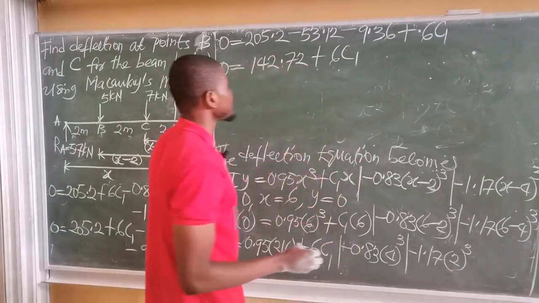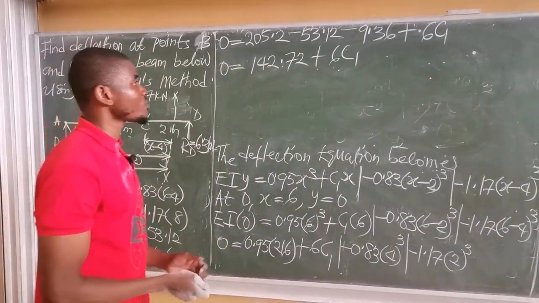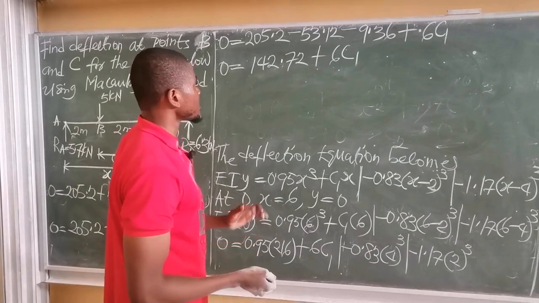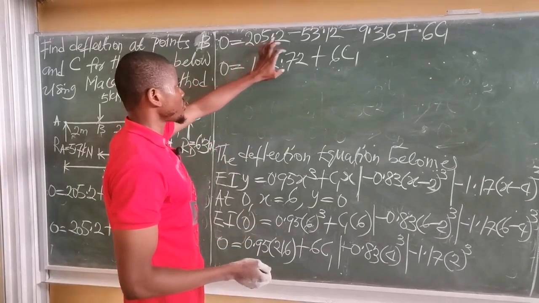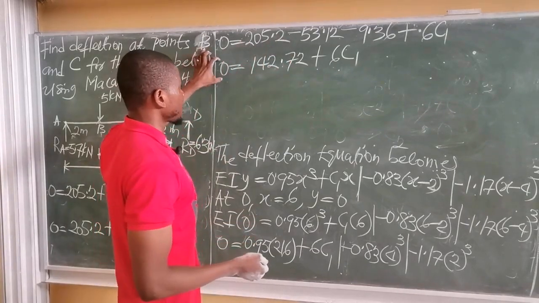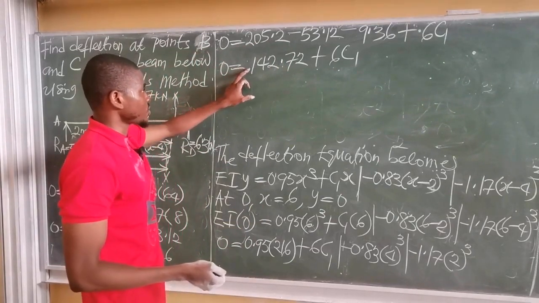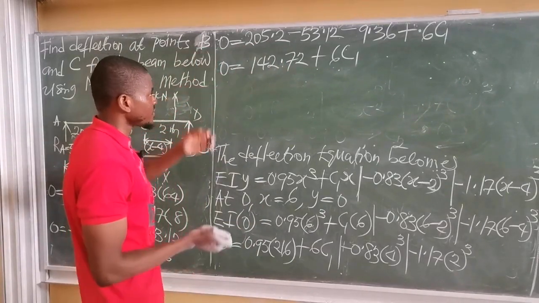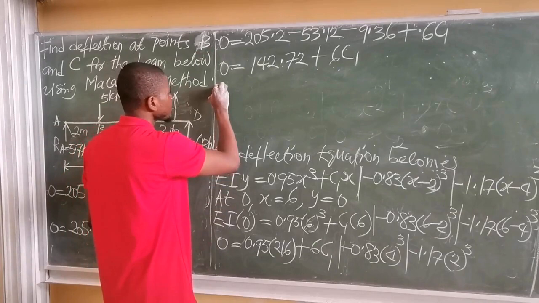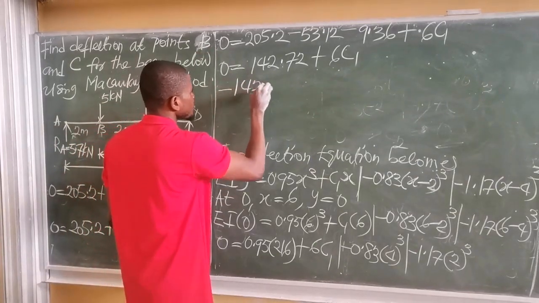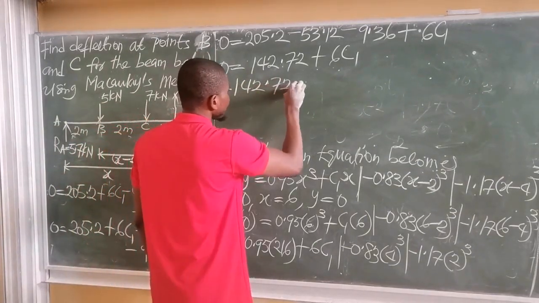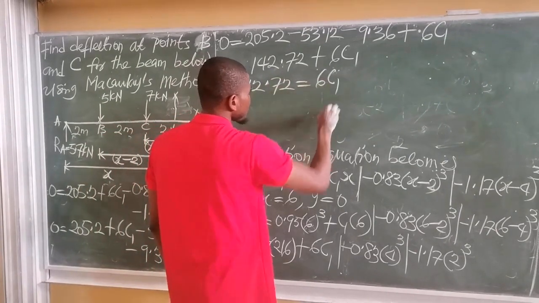At this point, we need to make C1 the subject. All we need to do is send plus 142.72 over to this side of the equation. A positive sign across an equal sign becomes negative. So I'll simply have minus 142.72